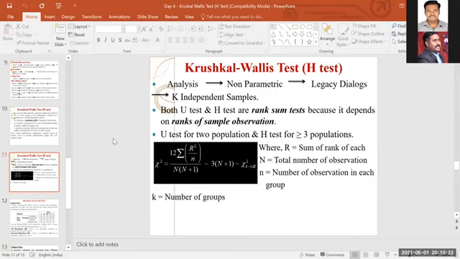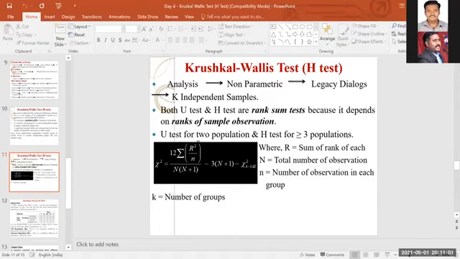And if you have more than 3 populations, in that situation also you can use the Kruskal-Wallis test. So I collected the sample from 3 different populations, 4 different populations. I collected the data about students from 4 different institutions. There the populations differ, right? It is not that all the schools will have the same 1,000 students. In one school they have 1,000 students, in another school they may have 5,000 students. Populations differ. So in that situation, you can use the Kruskal-Wallis test if you have a respective dependent and independent variable with categories. Okay, I think now it's clear.